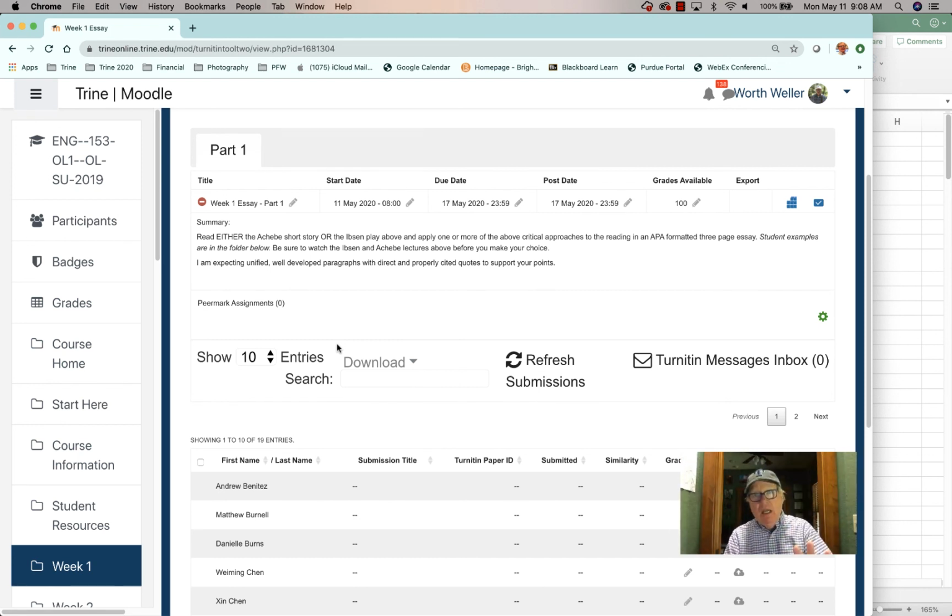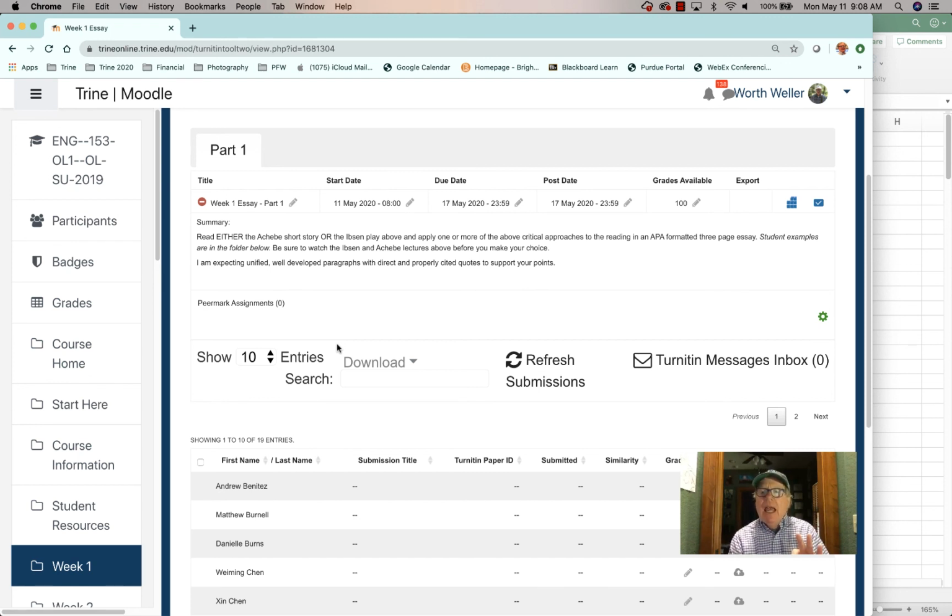3-page essay. And when I say 3 pages, I really mean that, because I'm looking for a lot of detail and a lot of examples. It takes 3 pages to get all this across, at least 3 pages. Don't do 2.5. Don't put a lot of extra spacing in it. I've taught this class many, many years, so don't try to fool me. When I say 3, I mean 3. If you want to do 4 or 5, that's terrific, but don't do 2.5. That doesn't work for me.